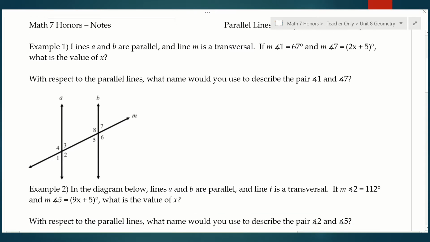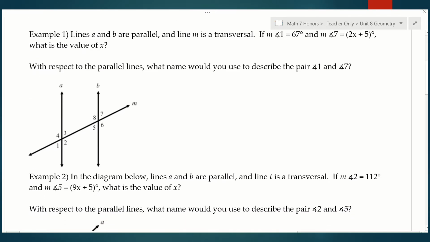What we're going to do today is use those angle relationships that we talked about in the previous lesson and figure out how to find angle measures when we're given algebraic expressions for our angles. So this is really important that you know when the angles are congruent versus when the angles are supplementary, because there's only 2 ways to set up an equation for these problems, but you have to know which is which. Okay, so that's really going to be the focus of today,